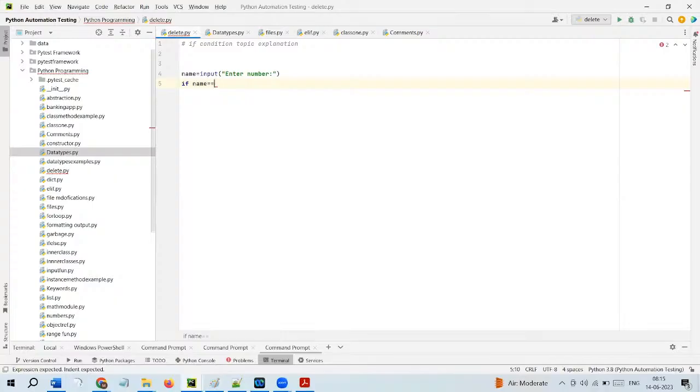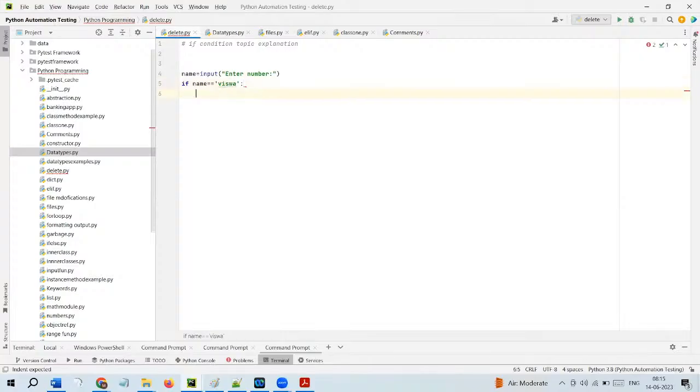Where are we using these operators in our program? Here only. These are the requirements where we are going to use all the theory concepts that we discussed in yesterday's class. Name double equal to what? Name is a string, right? That I have to declare in